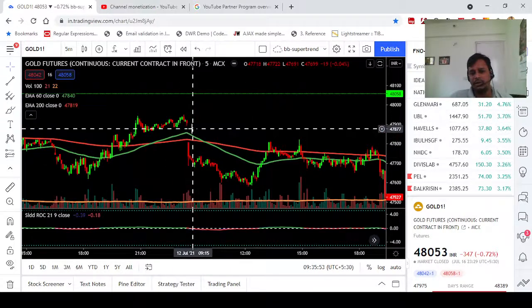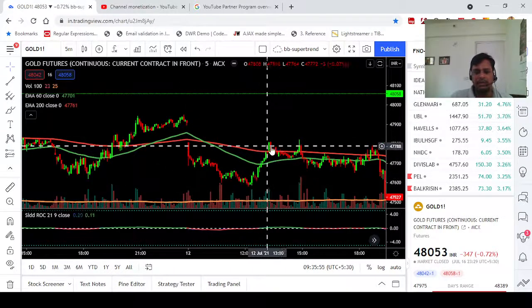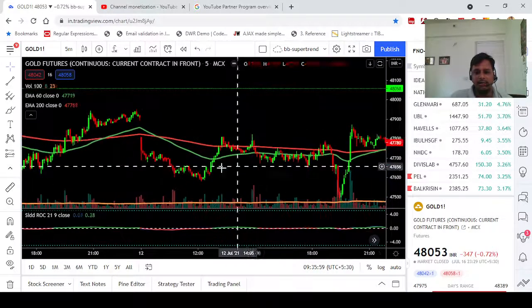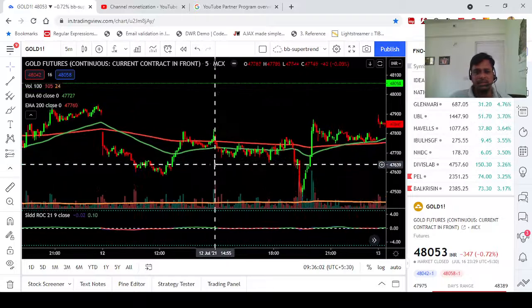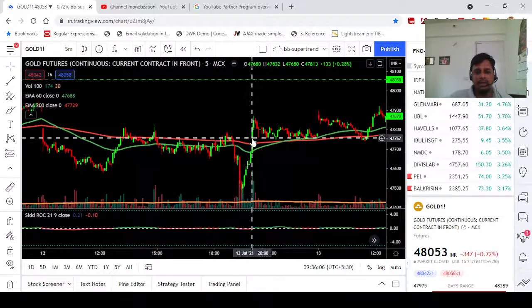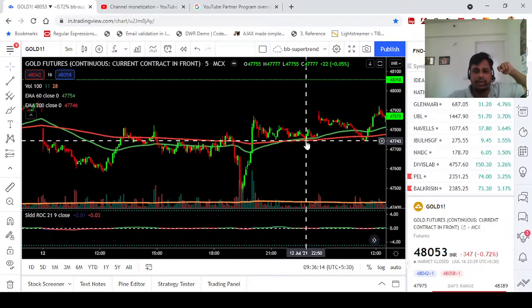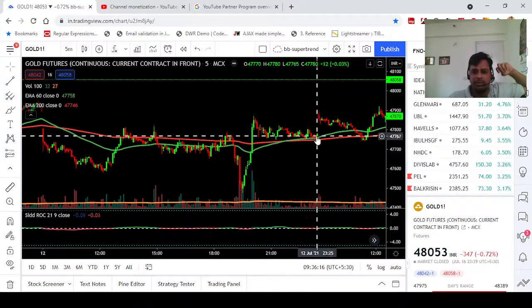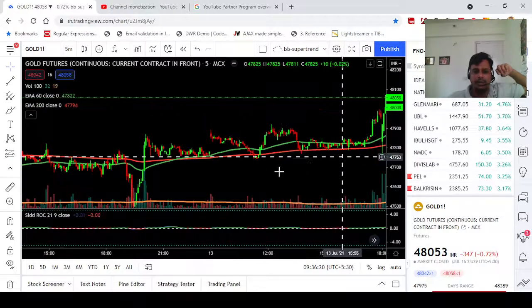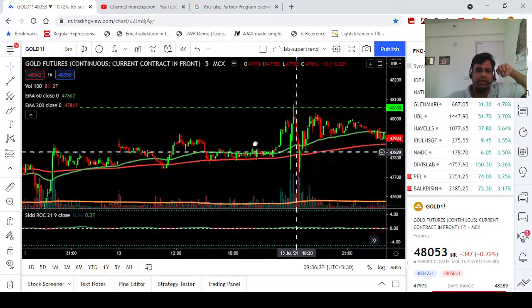You short and keep the stop loss here. Again it went up, and you see that this would be the resistance area. It is the resistance area because the curvature is still down, and it came down heavily. Unless a big candle crosses, you always assume that this is a downtrend move. And then again you see that it took proper support here, went up, support here, went up, support here, went up, and then started moving upside.